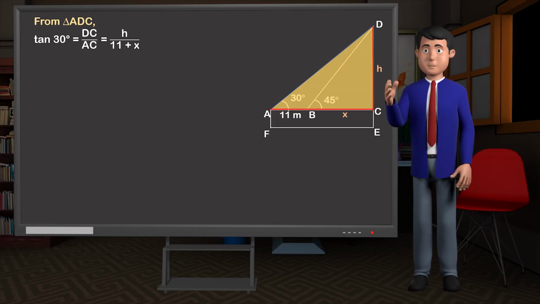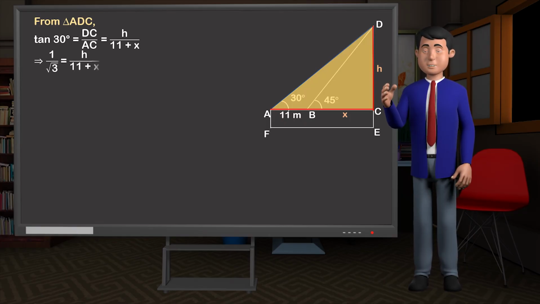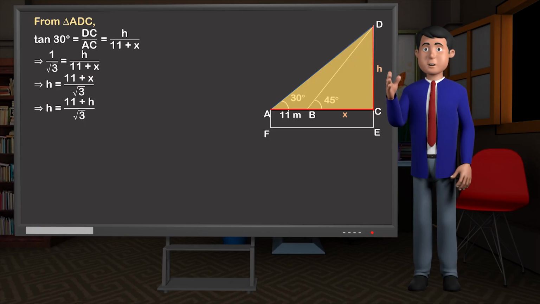That is equal to H by 11 plus X. We know tan 30 is equal to 1 by root 3, which implies 1 by root 3 is equal to H by 11 plus X, which implies H is equal to (11 plus X) by root 3. Since X is equal to H, it implies H is equal to (11 plus H) by root 3, which implies